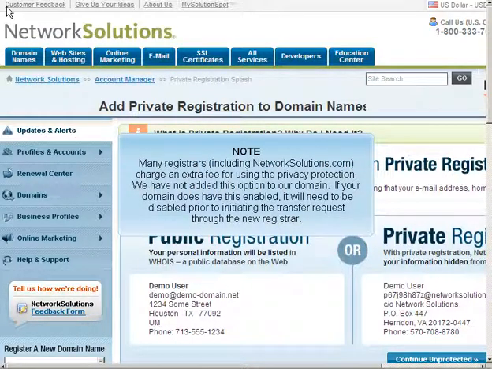Many registrars, including networksolutions.com, charge an extra fee for using the privacy protection. We have not added this option to our domain. If your domain does have this enabled, it will need to be disabled prior to initiating the transfer request through